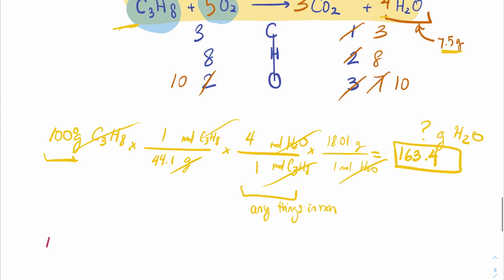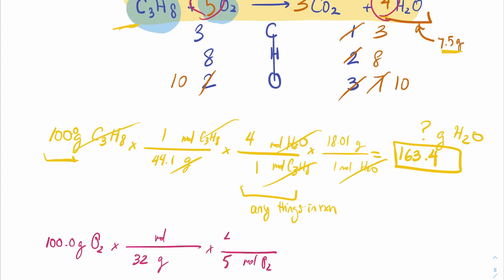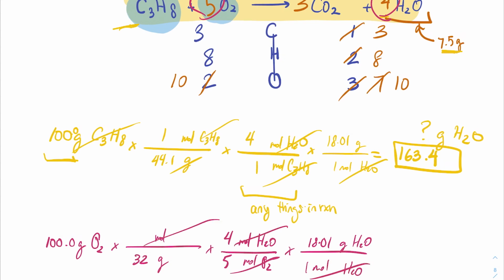So let's check the oxygen now. You do have to do both. And yes, these problems are long. So I have 100 grams of oxygen now. And now I get to use my 32 grams per mole. Again, I'm being a little bit lazy on the molar mass, not including all the decimal places. My molar ratio is 5 moles of O2 for every 4 moles of H2O. And then, just like before, 18.01 grams of H2O per mole of H2O. Check everything cancels, should. Great. And then, with this much oxygen and infinite propane, I could have made